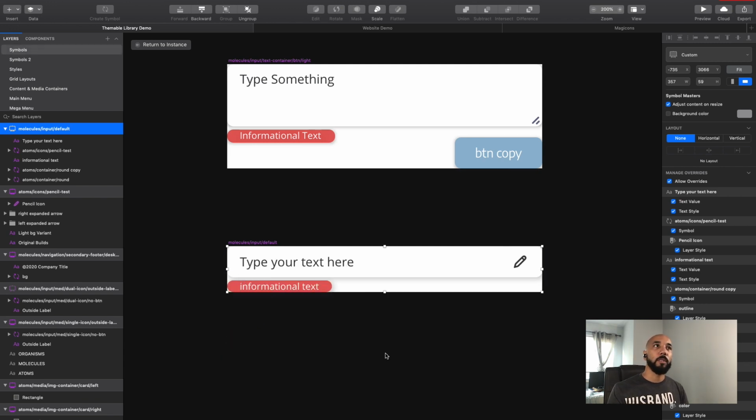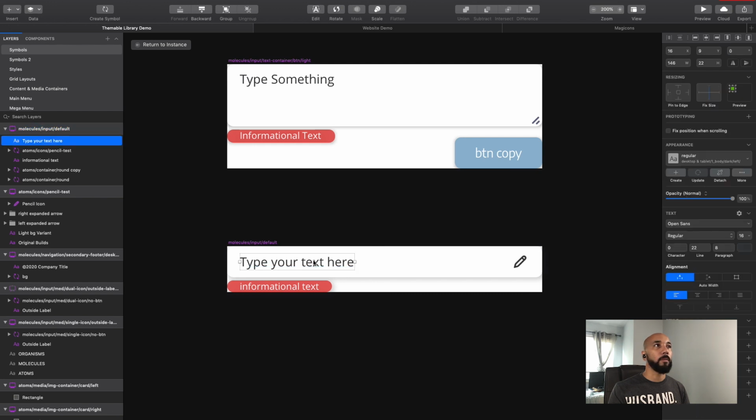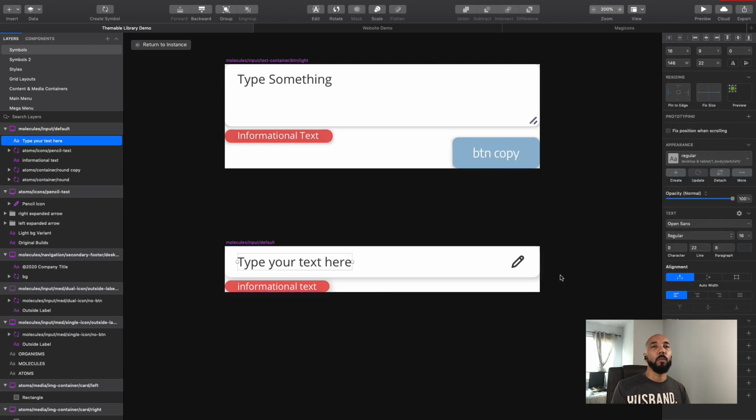So you just have to go through this bit by bit and make sure everything's aligning the way you want it. I'm going to speed through this a little bit. I want this to maintain top alignment and left of the artboard. So we're just going to stick with auto width. And we want to adjust this to the width that we definitely want it to stay on our container. I like to give the amount of spacing that I want it to stay from the element on the furthest right, in this case the icon. So I pull it all the way to the edge. See, it snaps. And then I go to width and I say